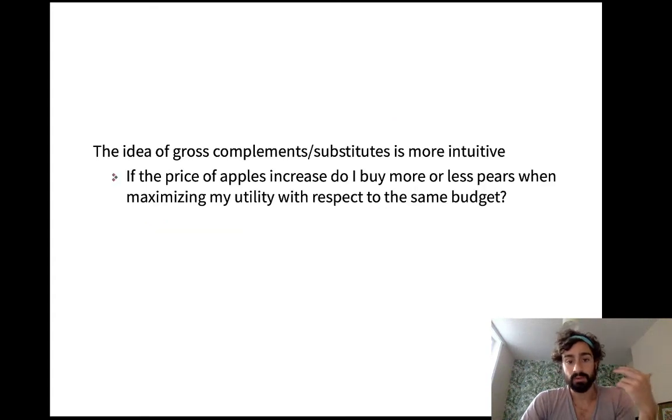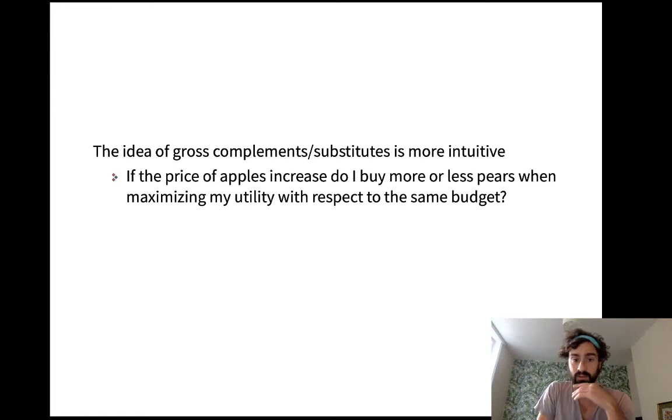So the idea of gross complements and substitutes is certainly a more intuitive definition, just because we generally think of utility maximization with respect to a budget as the more intuitive way that people make decisions, right? We're not generally trying to hit some happiness target and minimize our expenditure. We walk into a store with money and we think about what's the best thing I can buy with this money. So the Walrasian paradigm seems more in line with the way that people behave, and so it seems more intuitive to think,